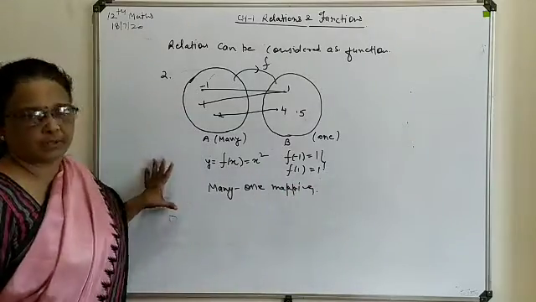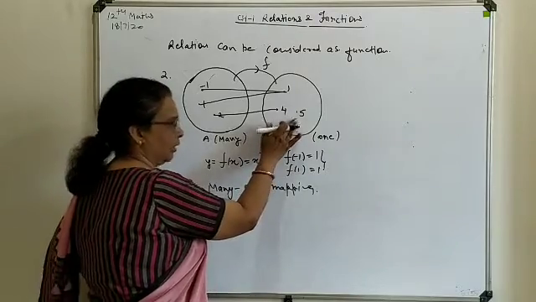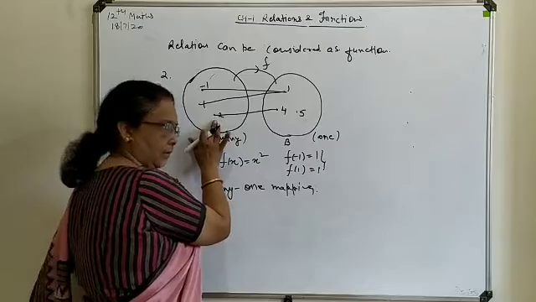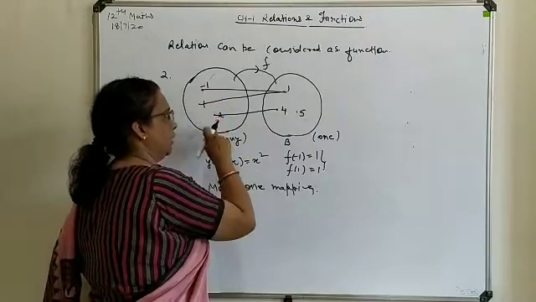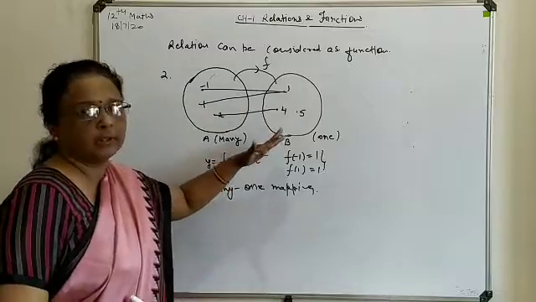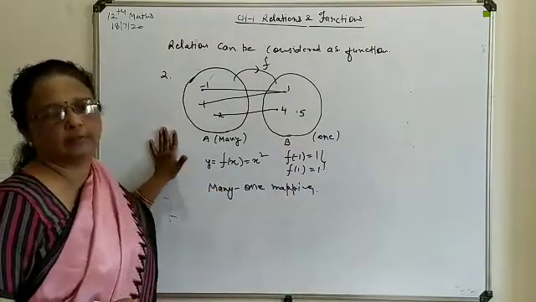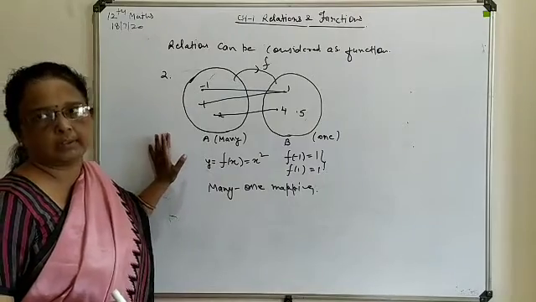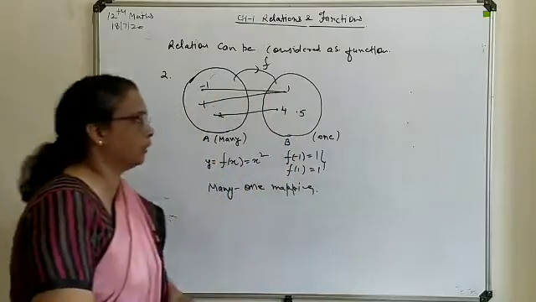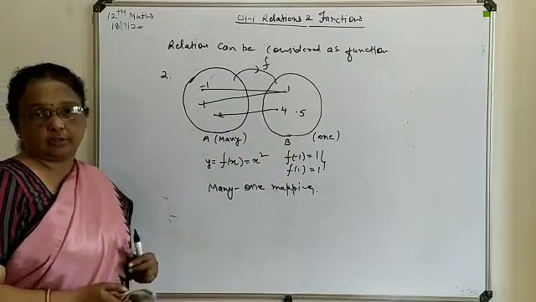Here it is also allowed that an element of set B is not the image of any element of set A. But none of the elements of set A should be left out, not taking part in the formation of an image. So this is the second criteria under which a relation can be considered a function. Now two more conditions are going to be discussed here in which your relation is not a function.